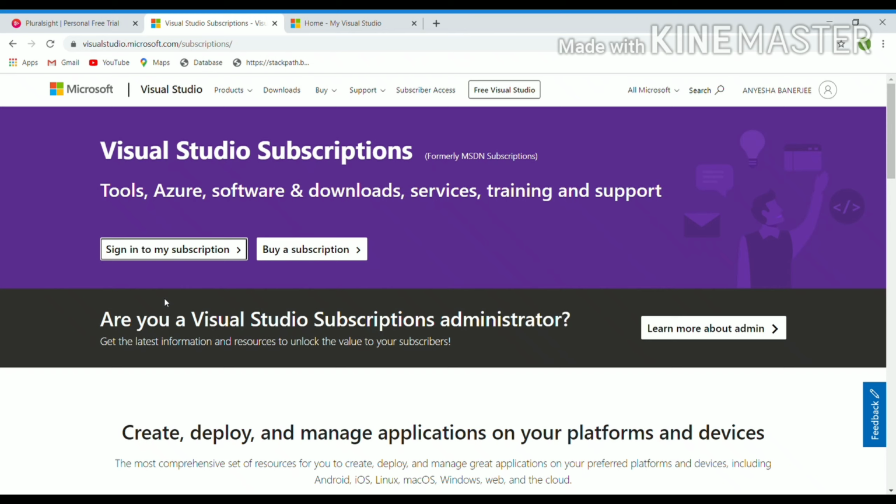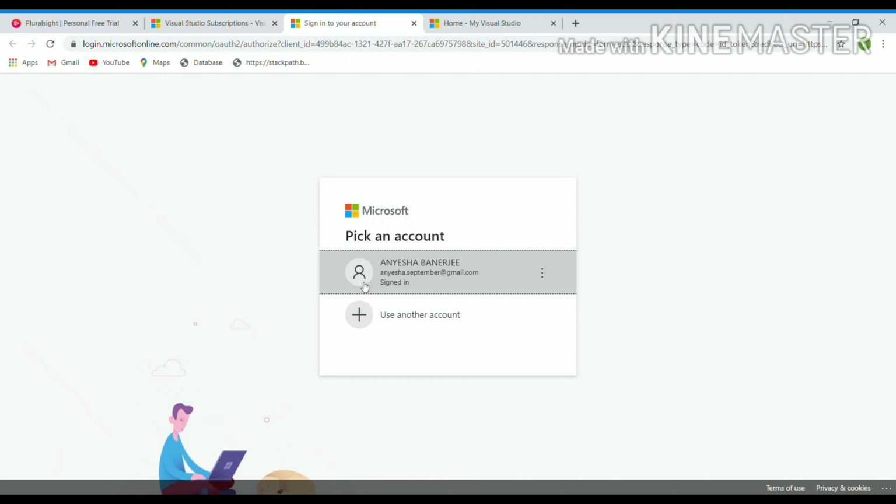Just click on sign in to my subscription. Now you have to create a Microsoft account to log into this site.